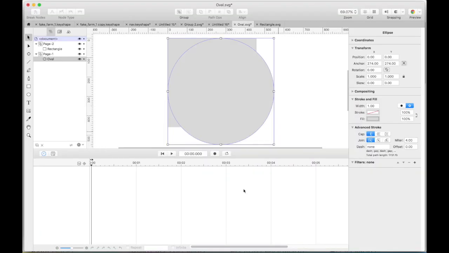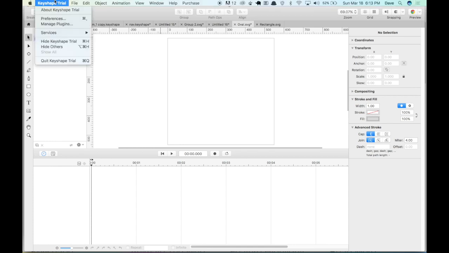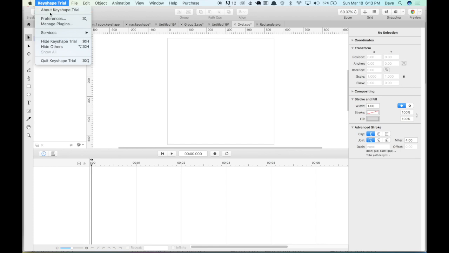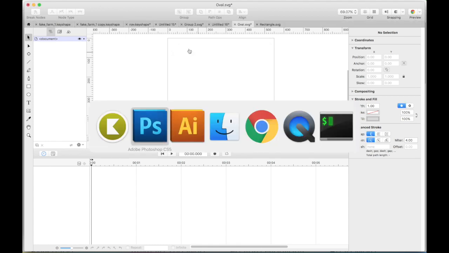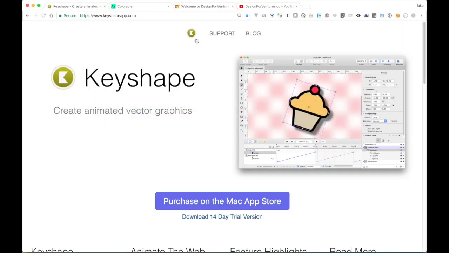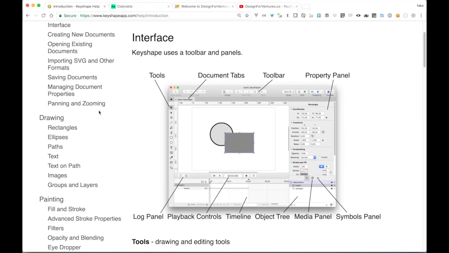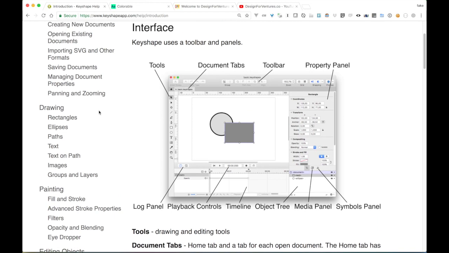And lo and behold, I found Keyshape. Now, as I said, there's not much documentation yet. I think there will be. This feels like it's a brand new product. I think they just came out with 1.6. I only got this yesterday, and I wanted to check it out. But yeah, we're at 1.6. So again, I read as much as I could from the documentation here on support and went through all these various clicks, but I needed some interaction, and again, Juan helped me out.